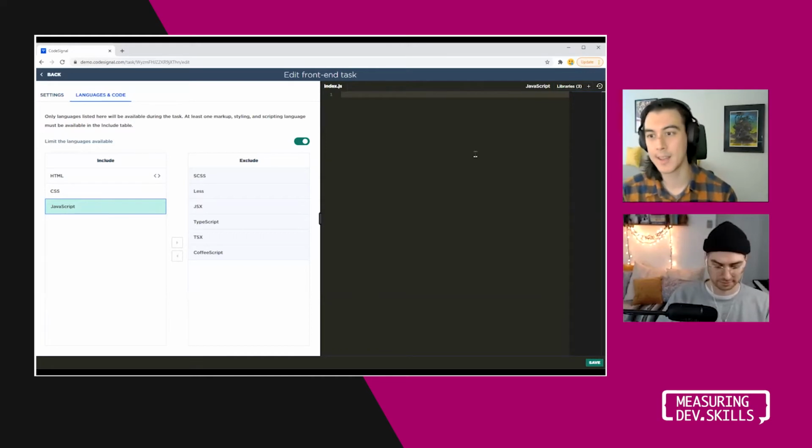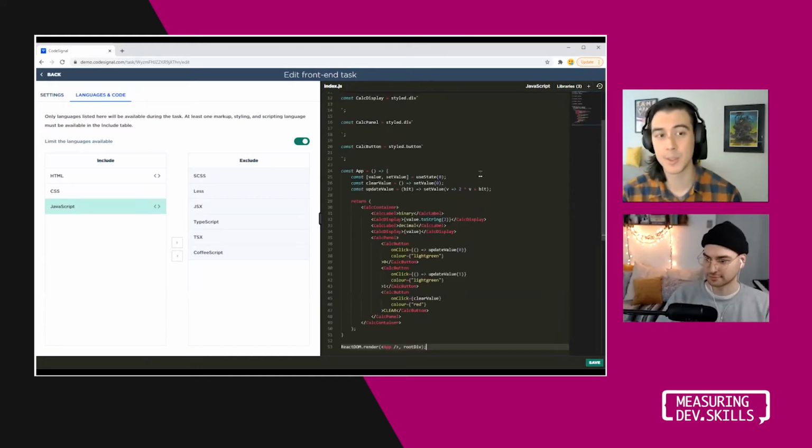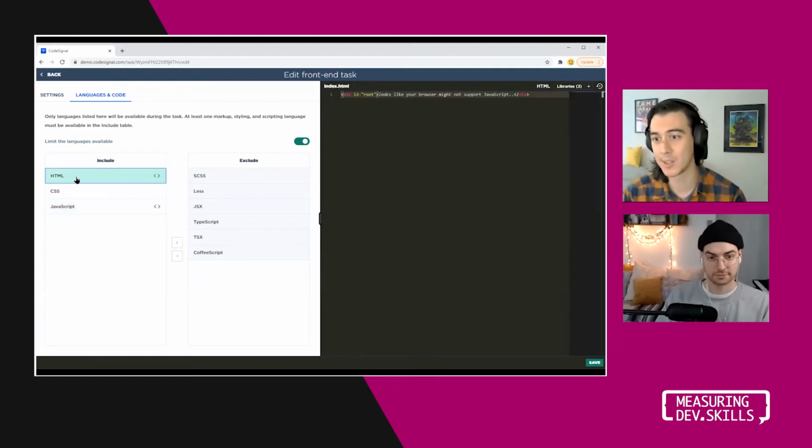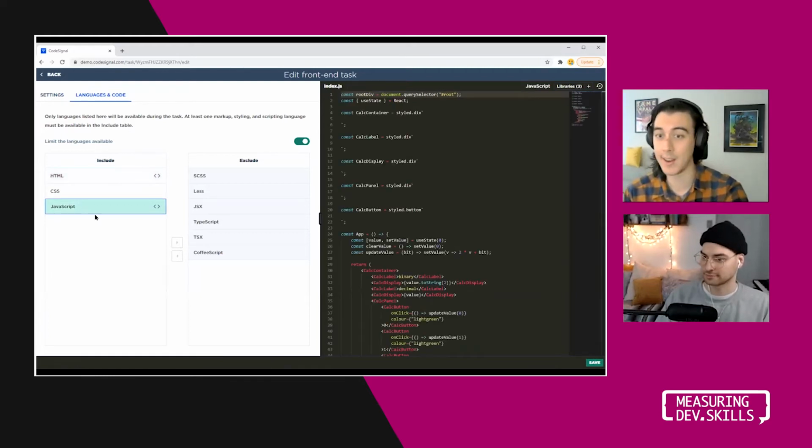So that code brackets icon indicates that you've provided some starter code for this task for that language. So in the HTML tab, you're going to see whatever is here as a candidate when you first start the problem. Similarly for JavaScript, we can configure and have configured some starter code. So whenever you start off with JavaScript, we'll make sure to start with this. We could also do the same for JSX or TypeScript if we wanted to use those as our language of choice